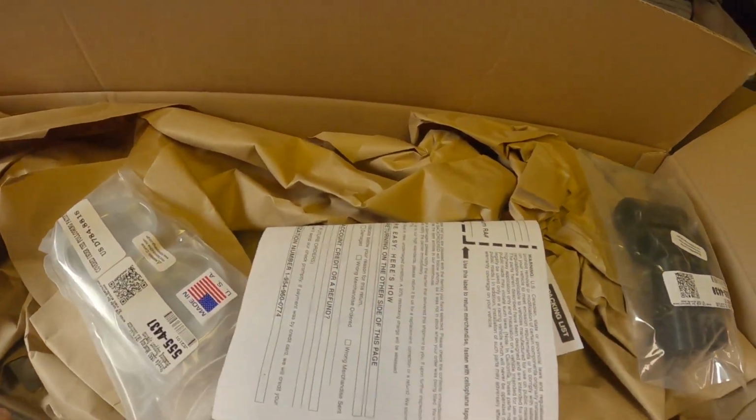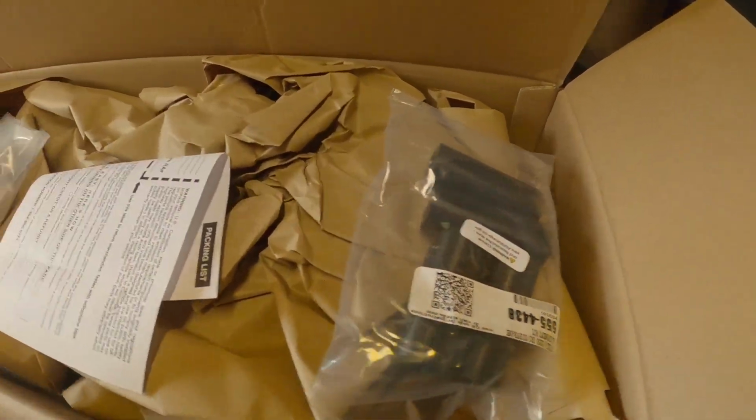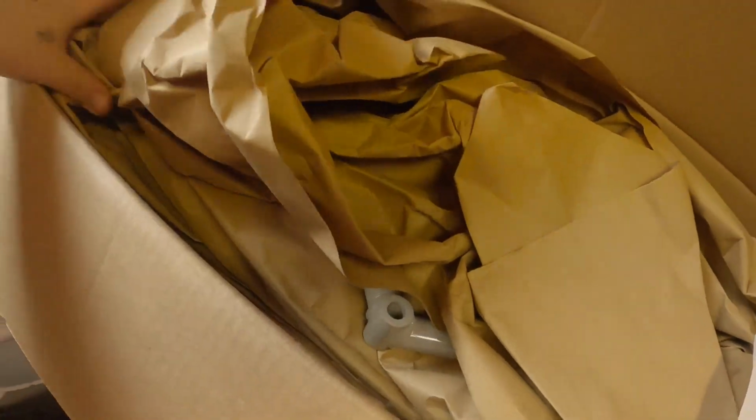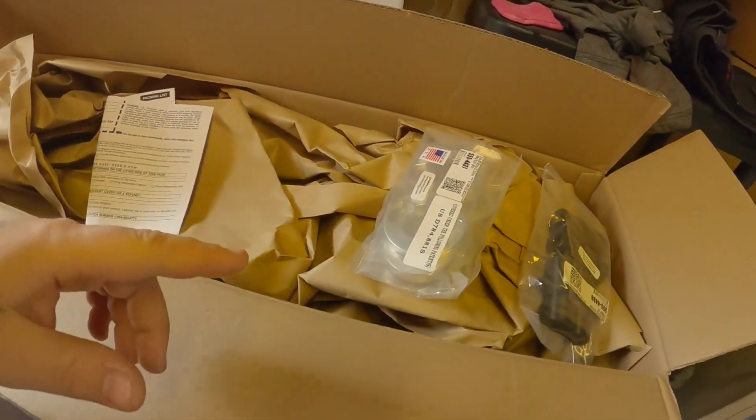It's a little bit more than just the braces. I got the alignment sleeves. I got the bushings, the braces, and I think there's something else that comes in here. I don't remember. I also ordered the